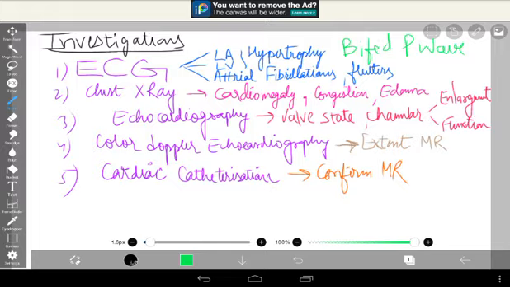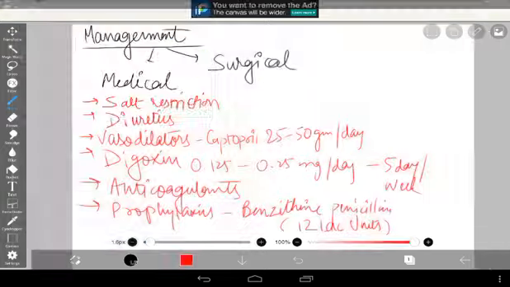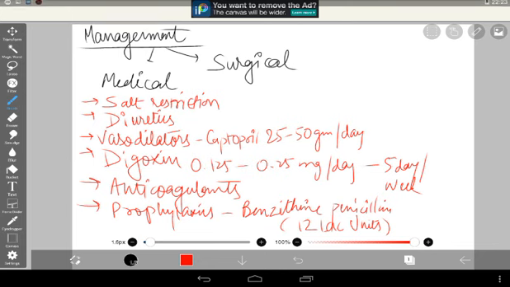Now let's talk about the management. So here's the treatment. In the treatment we have 2 types: either a medical treatment or a surgical treatment. In medical treatment we will be restricting salt in the diet. Secondly, we will be using some diuretics. We can use some vasodilators like captopril and enalapril. We can be using digoxin, that is a standard dose of